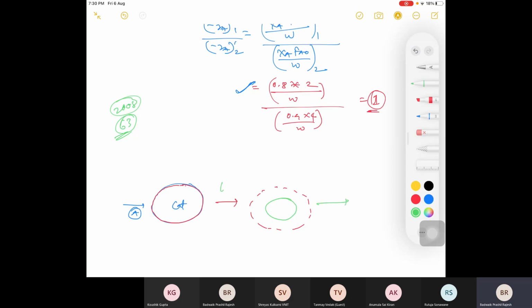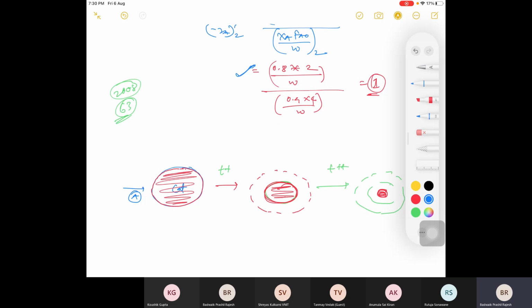Then again, as time passes here, you will be having a decrease in size of catalyst. So your actual catalyst is this. So here this is your actual catalyst, and here it is catalyst. So you can see as the reaction proceeds, there will be a decrease in your active area. And I told you your surface concentration is CAS, and as I move inside, concentration is decreasing.